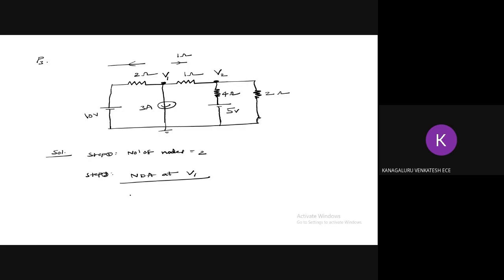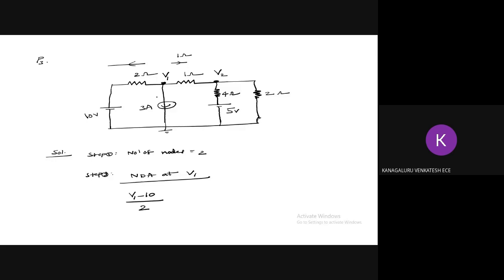So I'm going to write now the current equation. Everyone notice the positive terminal of the battery is connected to V1 for the first branch. So I should take V1 minus 10, whole divided by what is the resistance in the first branch? 2. Then V1 minus 10 divided by 2 indicates it is a current. And your nodal equation represents every term in the equation is a current. For every branch, we are going to write the current. Finally, you are going to make that equal to 0.